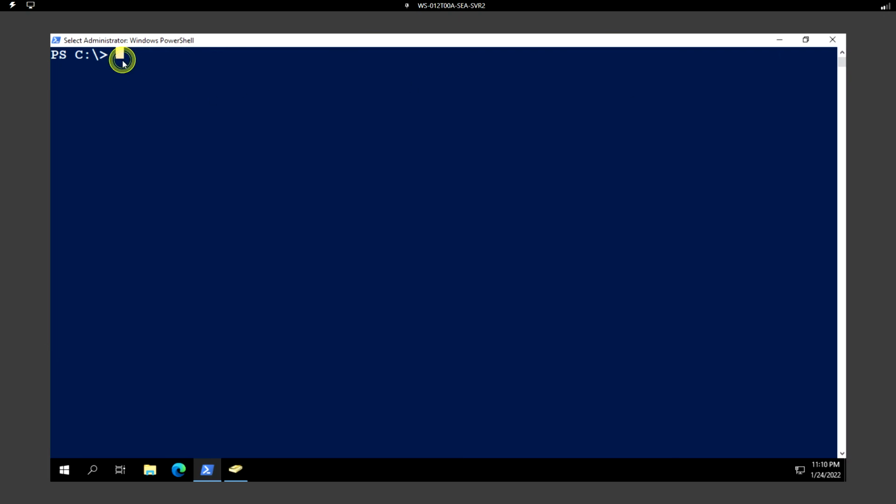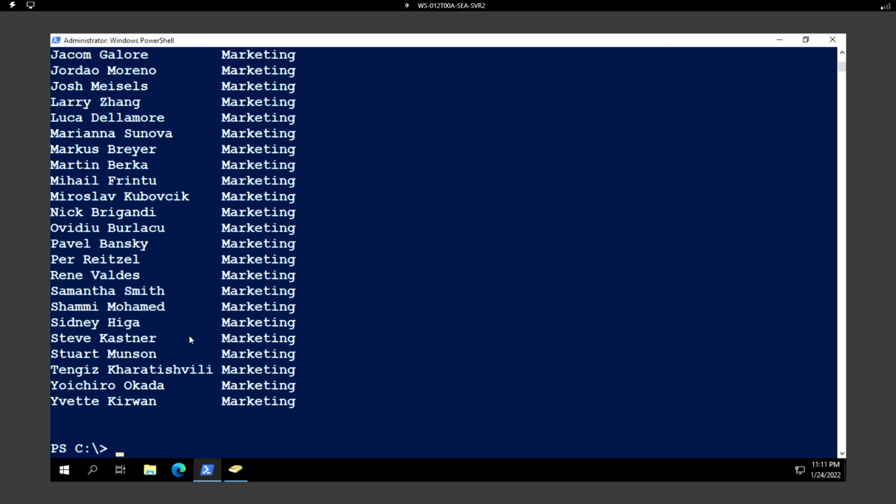Okay, so let me run the following command to see if the mktg users variable got updated. So I'm going to Format-Table with the name and department. So here we can still see the department shows marketing because this variable is not updated. But if we run Get-ADUser with the filter department equals marketing,